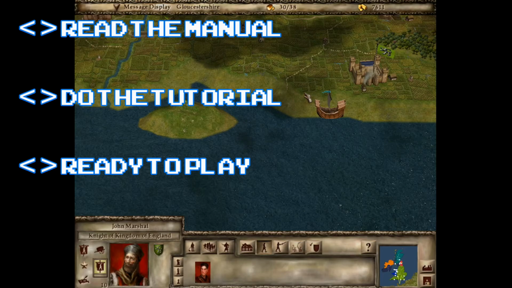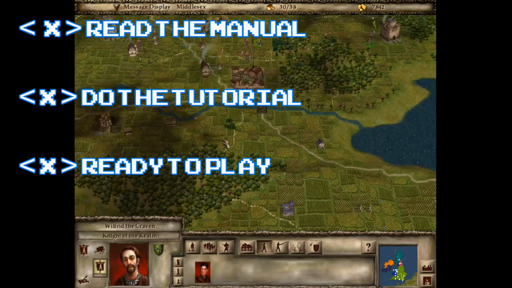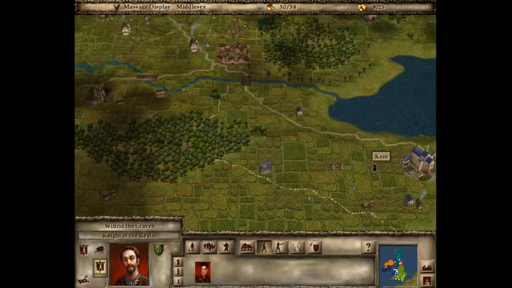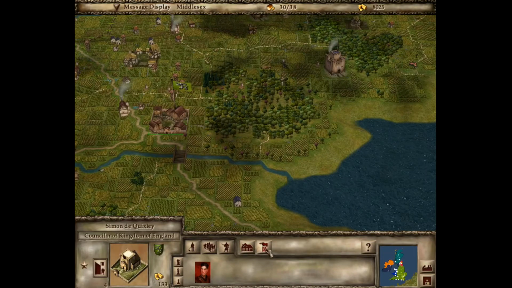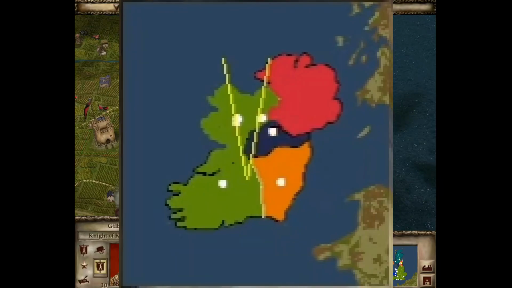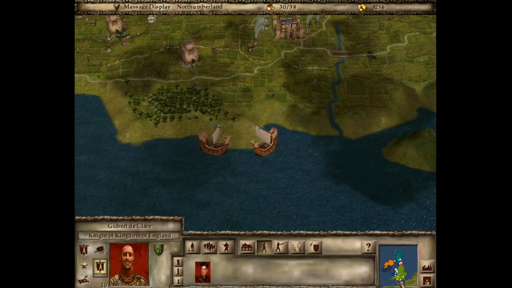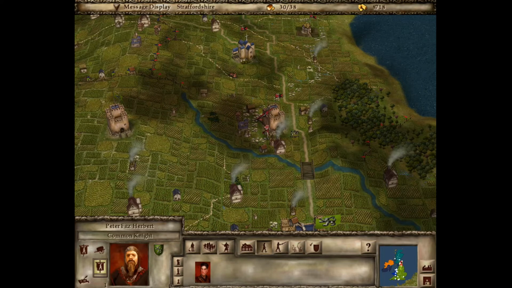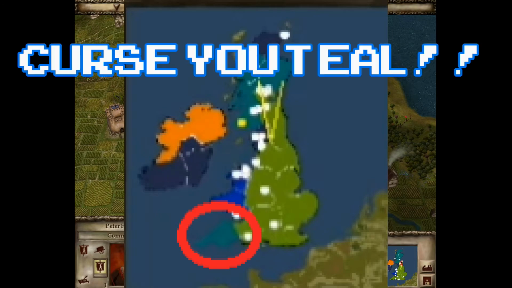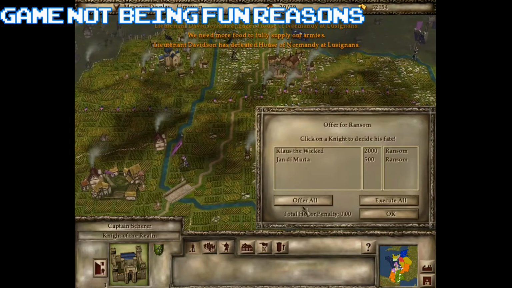Okay, so you've read the manual, you've done the tutorial, and now you are ready to start playing. Honestly, this game does a good job ramping up the difficulty, and this will lend itself well to the main problem this game has. First things first, you play the Ireland campaign. No problem, it is quite small, and working out how to overcome your enemies is easy. Then you get to England, which is the first real challenge, and that starts to test your micromanaging skills. Next, you get to deal with France. And honestly, this is where the game stopped being fun, because between searching for vassals...